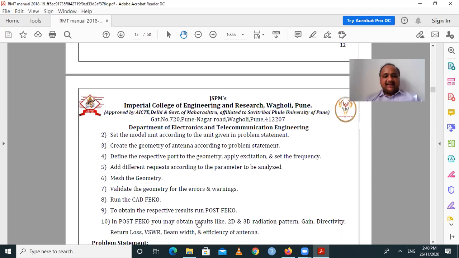And in post FEKO, you obtain results like a 2D radiation pattern, 3D radiation pattern, gain, directivity, return loss, VSWR, beam width, and efficiency of antenna. All these parameters you can obtain in post FEKO. So these are the steps which you have to follow for designing an antenna using